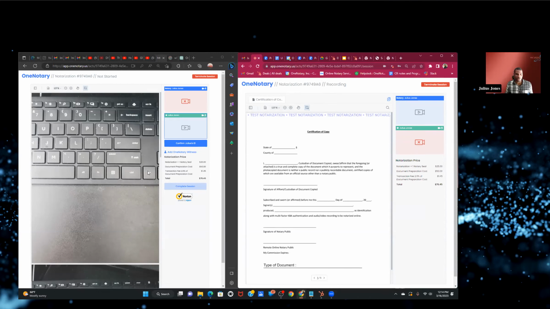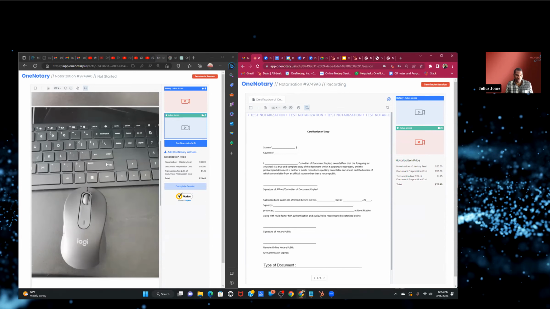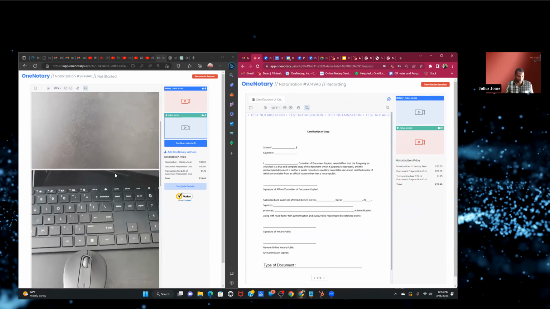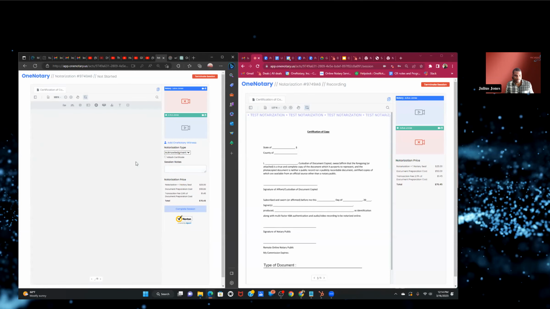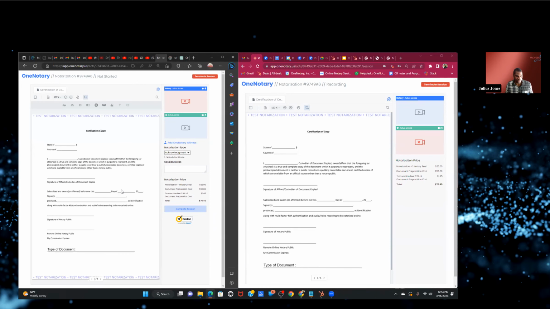All right. So continuing on here, you as a notary on the left-hand side, you'll be able to actually see the front end. Just pretend this is an actual picture of an ID. They'll see the front end of the ID and also the back of the ID here, just as you would in a normal traditional notary situation where they would actually show you the ID. That way you can verify that their ID matches their face here. And there you would go ahead and click on confirm ID. Now you are actually here in the actual notary session. Just going to wait for it to load there.